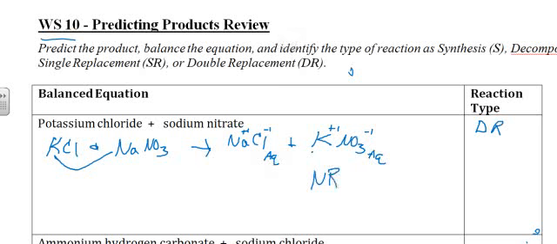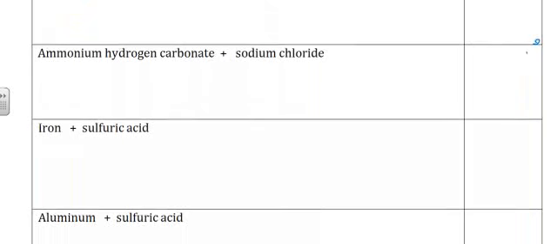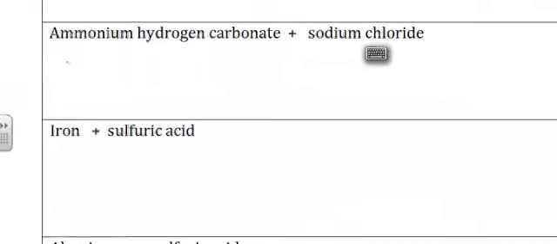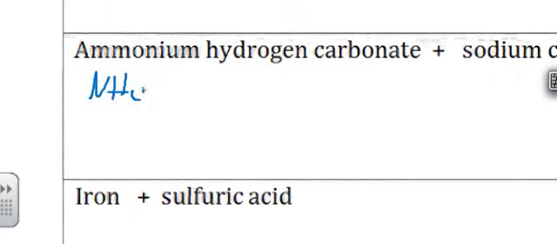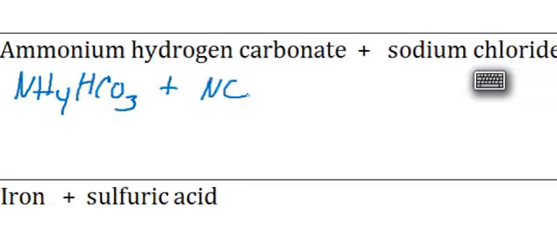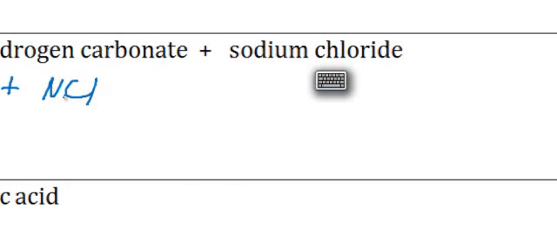Okay. Alright, let's look at the next one. Ammonium hydrogen carbonate. So it's kind of a mouthful. Ammonium hydrogen carbonate is NH4HCO3. Ammonium is NH4, hydrogen carbonate is bicarbonate, HCO3. That's a +1, -1, so that's balanced. Plus sodium chloride. Whoops, forgot the sodium. Again, it's going to be a double replacement, so I'm going to end up with the ammonium and sodium switching places. So I'm going to end up with sodium hydrogen carbonate